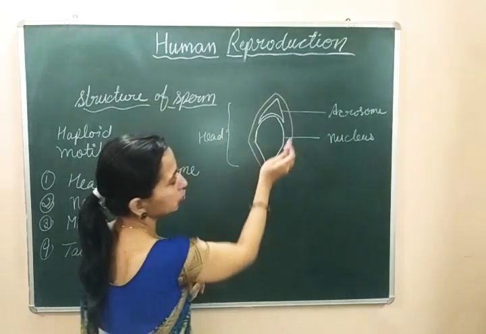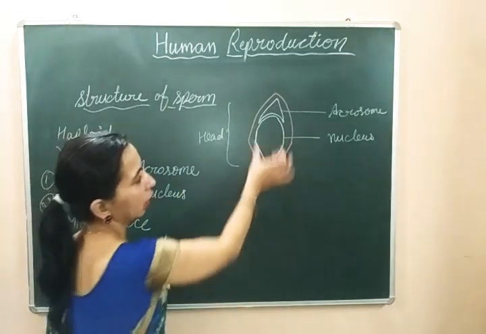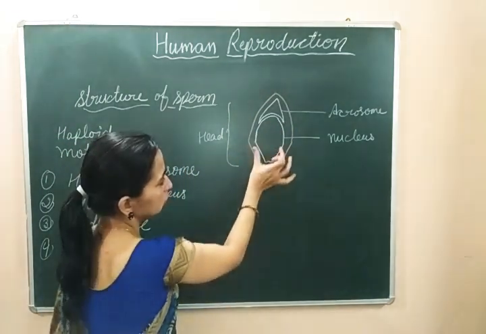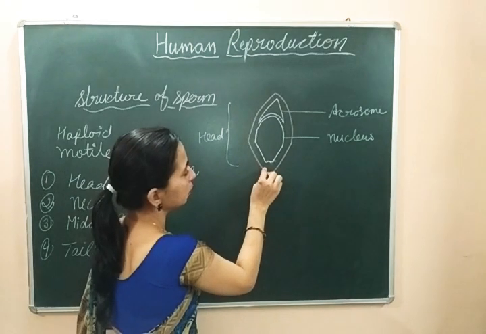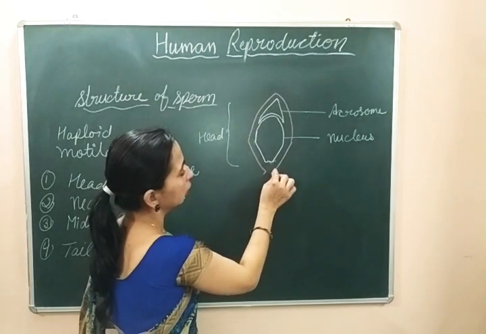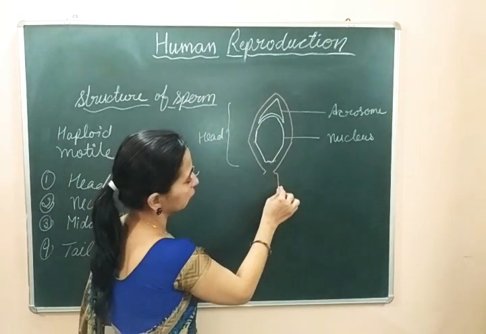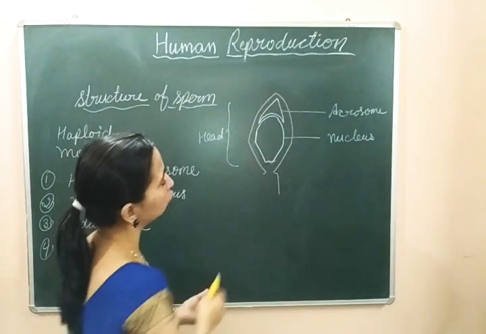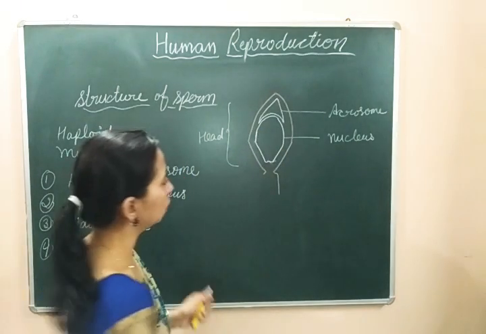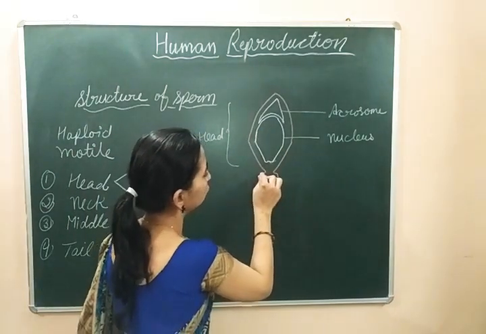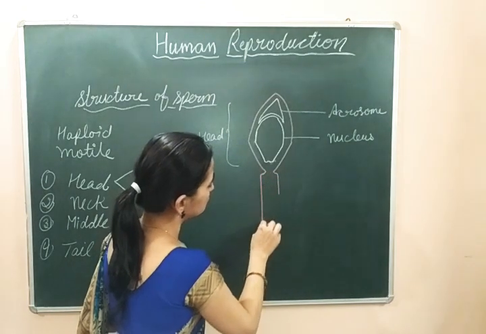यहाँ पे हमने थोड़ा सा प्लाज्मा मेम्ब्रेन को दूर बनाया है because we have to draw one more sheet here. So just leave the gap. This is the plasma membrane. This plasma membrane covers the complete head portion and it is present at the lower part of the sperm also. That lower part will be the middle piece.